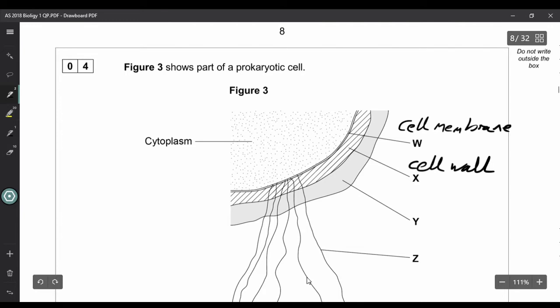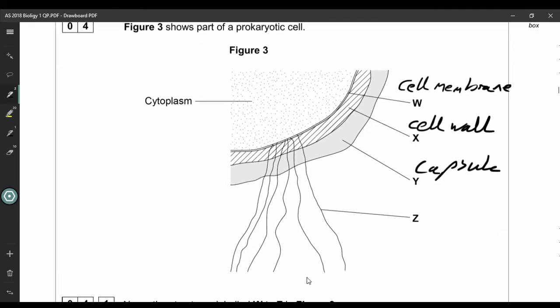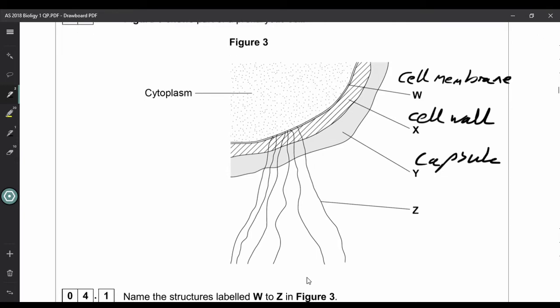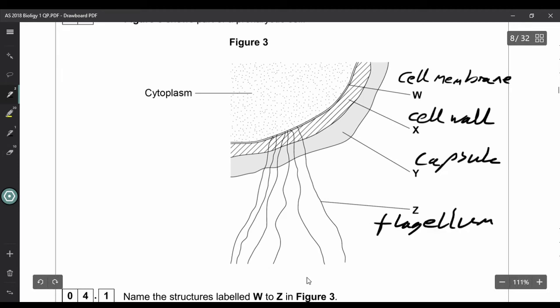And then beyond the cell wall, we've got the capsule. And then these wispy protrusions from the cell, the flagellum. Okay,